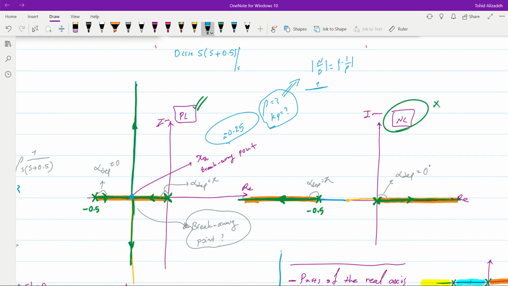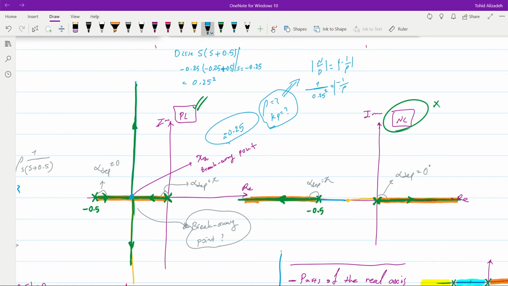If I replace S with minus 0.25, we will have minus 0.25 times minus 0.25 plus 0.5, and this will give us 0.25 squared. So 1 over 0.25 squared is equal to minus 1 over rho